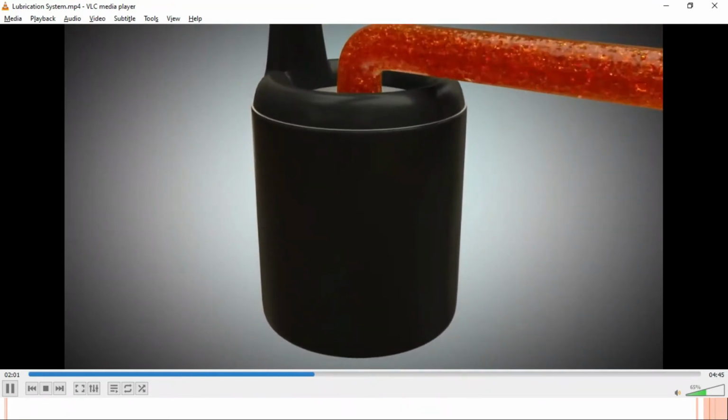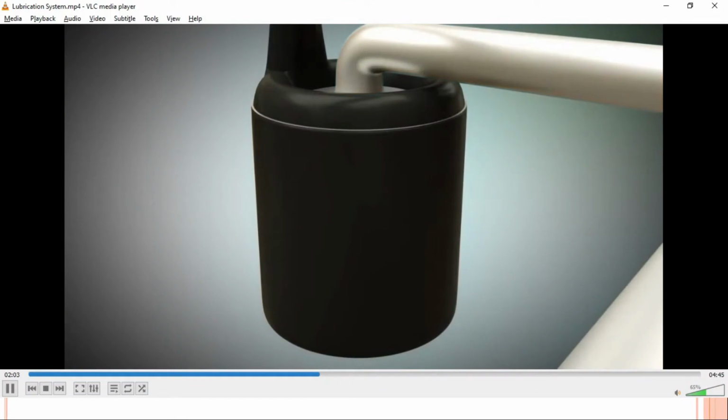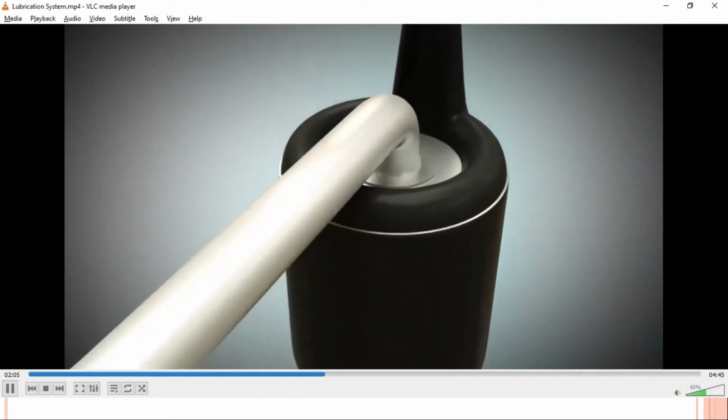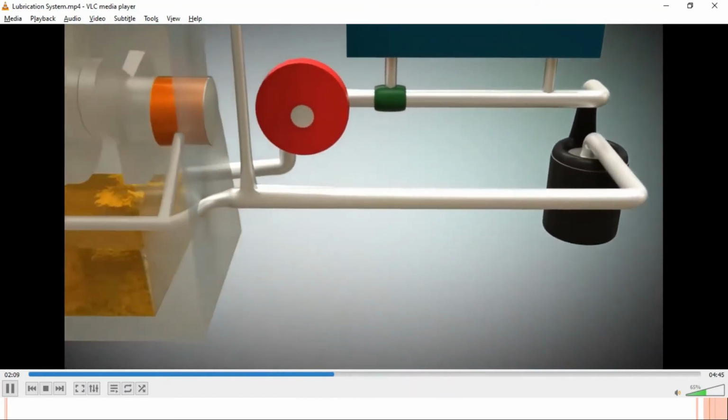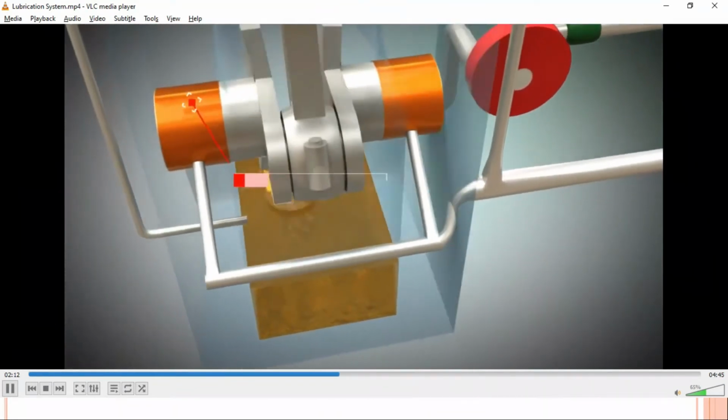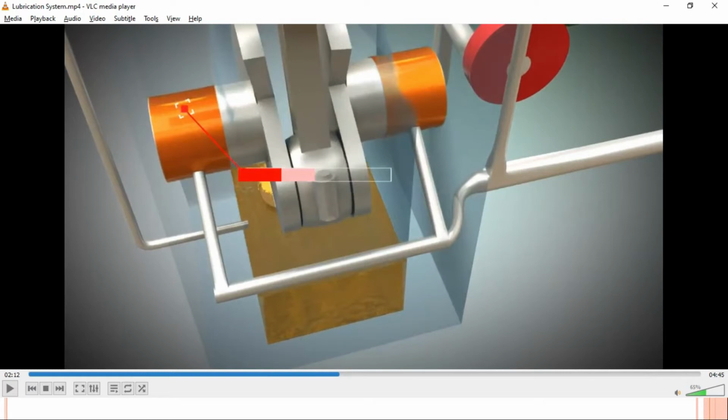The oil flows to the engine where it is used to lubricate the crankshaft bearings. In four-stroke engines, crankshaft bearings are almost always plain bearings. As mentioned, in four-stroke engines, crankshaft bearings are most of the time plain bearings, or we can say journal bearings. These bearings are not like the conventional roller element bearings or cylindrical element bearings.